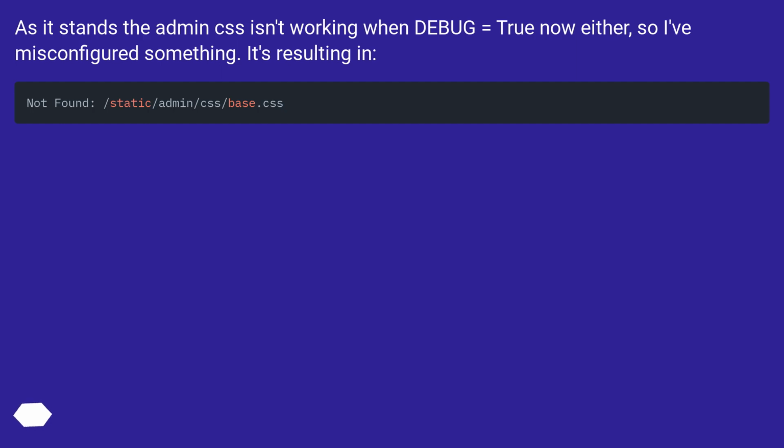As it stands, the admin CSS isn't working when debug equals true now either, so I've misconfigured something. It's resulting in